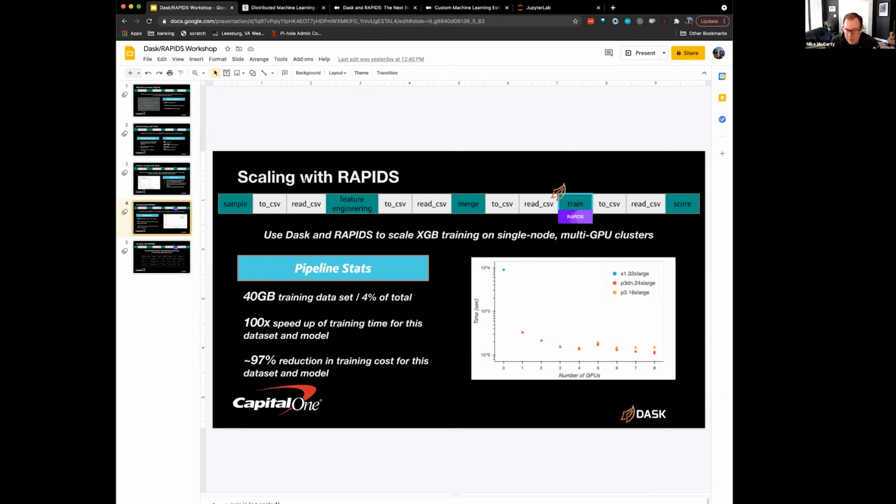The interesting thing about that for this particular model, when you're running on the cloud on a GPU instance and you're not getting a dedicated instance, you're essentially renting a GPU or a system with GPUs. In this case, I had multiple GPUs. If you're renting that system and your cluster is fairly elastic, you can scale up and down quickly. You're only paying for the GPUs during the training time, and so that was a huge factor in this cost reduction. Rather than having large memory instances sitting there,